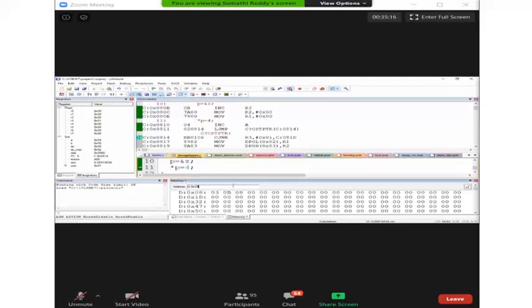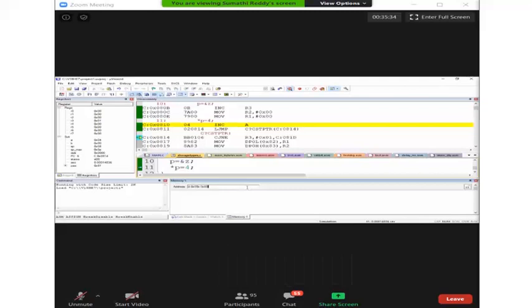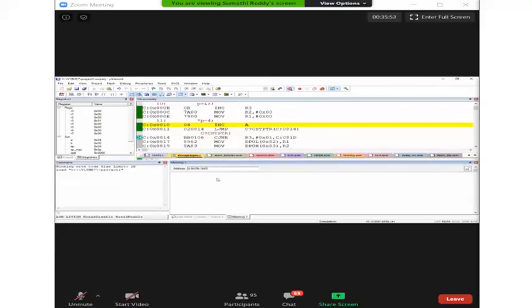Here. I can show you. X colon. R3 is incremented just to show you the different memory area.